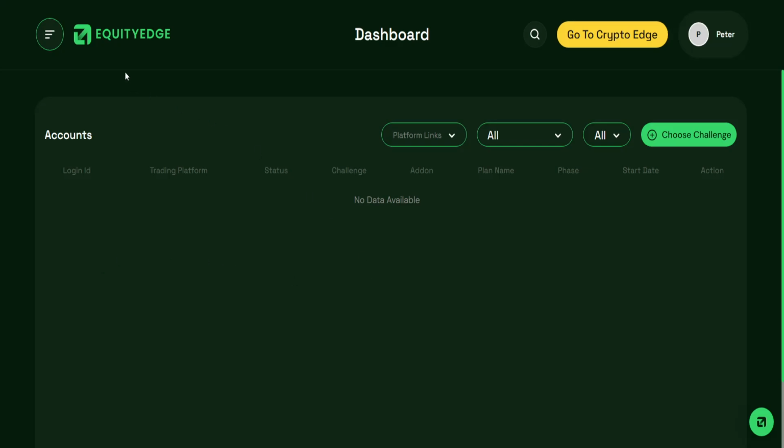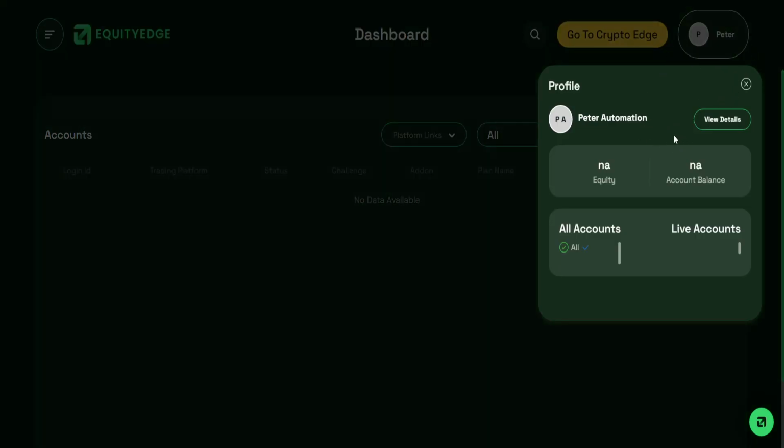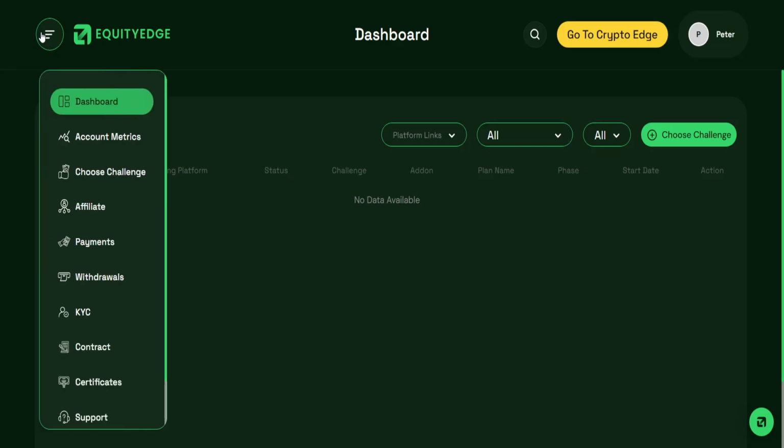How to withdraw your money from EquityEdge. So here's what you want to do. Make sure you are signed into your account. And once you've signed in, we will click on the three lines here in the top left, and you have